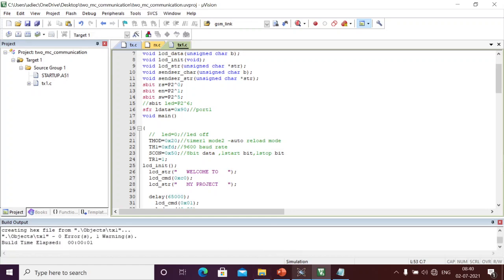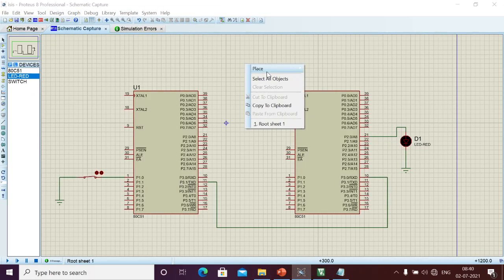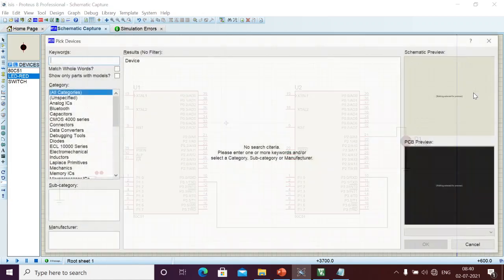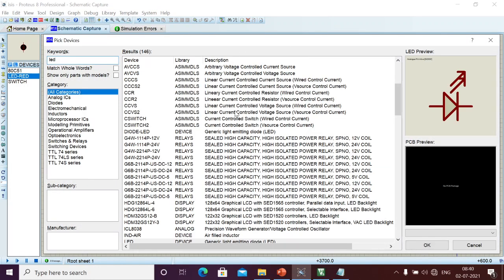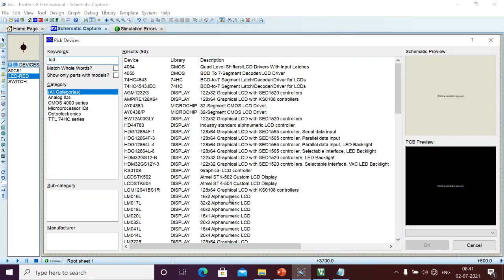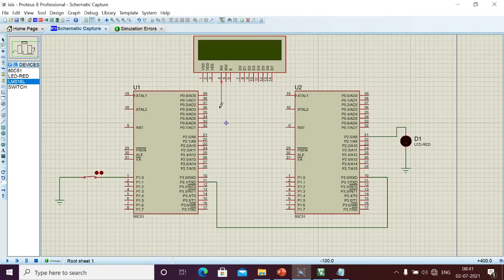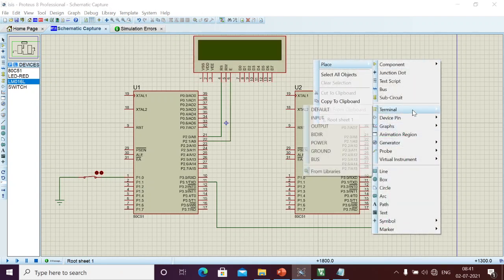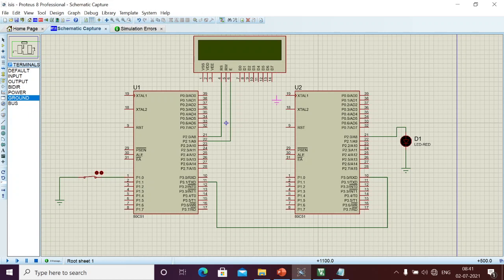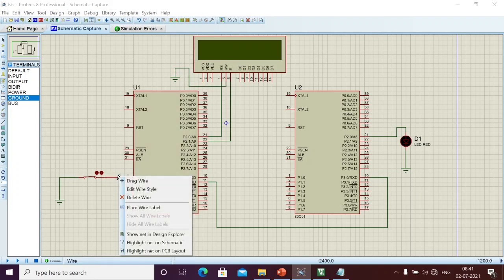Similarly, if you want to design the LCD also, we can. Let us connect the LCD. Here I was displaying some data on the 16 by 2 LCD, for which we wrote the program, and I am going to connect that. RS is 2.0, and enable is this one. The other pin we should connect to the ground terminal. I will take ground here. Read/write is always write, so I will connect it to ground.